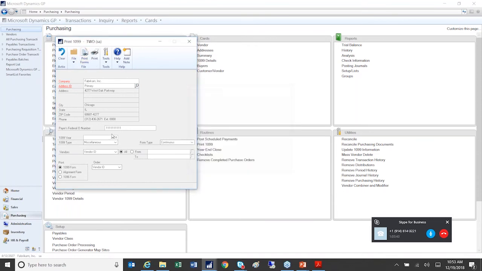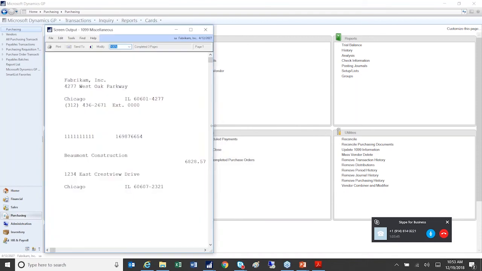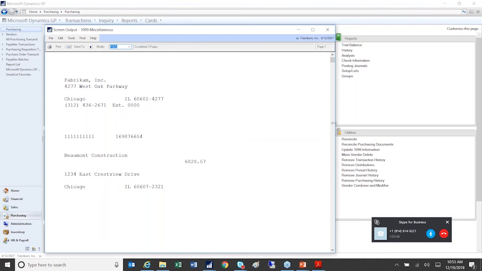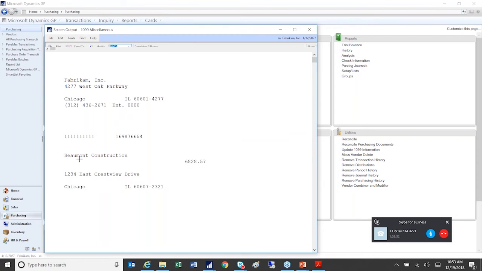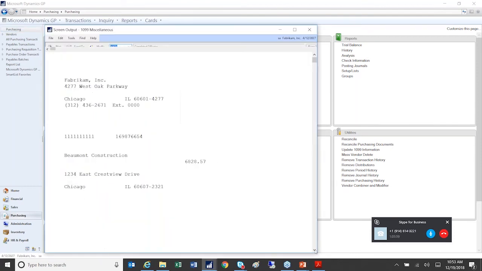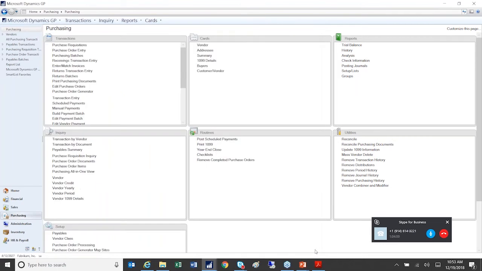So I'm going to print this screen here. Cool. So now we'll see our 1099 information on here. So we have our first vendor that we looked at, the Beaumont Construction. Get that back up here. Okay. And if I scroll down here,